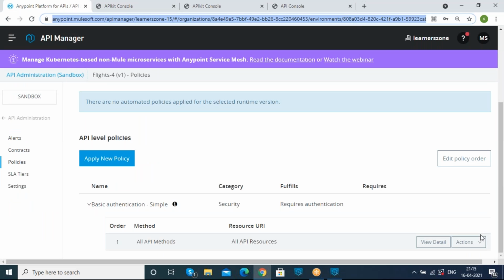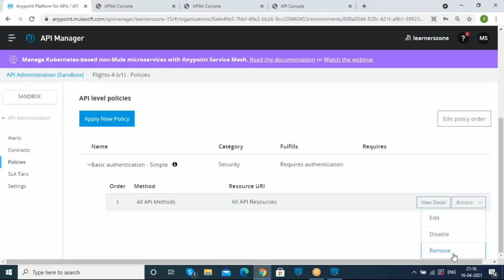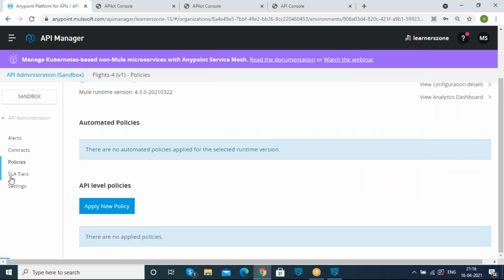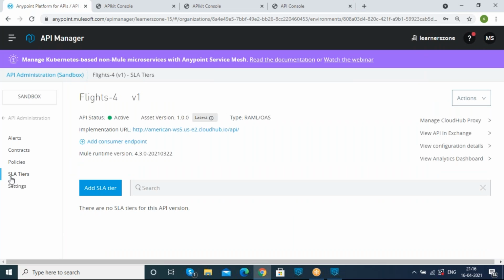Exactly in the same way, if I want to apply a different kind of policy, I am removing this policy over here. If I want to apply the SLA tier, whenever you go to some websites, there will be a free account, silver account, premium account, gold account. So if I want to access those kinds of options over here,